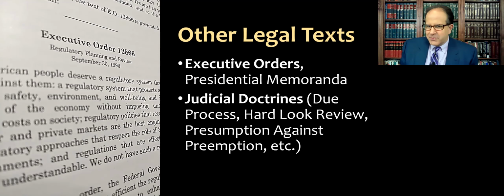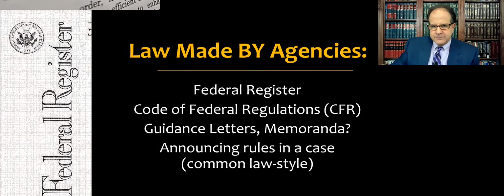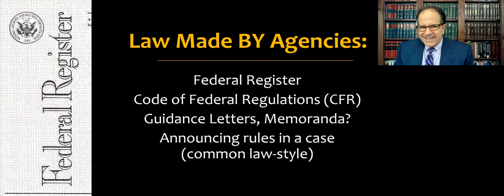Now, the Supreme Court has insisted that we don't really have a federal common law of administrative law. And there's a sense in which that's true, but we also do have a line of precedents that the agencies are very aware of. Okay, also keep in mind that we have law made by agencies. And as a student, it's pretty important to keep this straight in your mind as you're working through the cases. When are we talking about a law that's directed or addressed to the agency that the agency has to follow? And when is the agency essentially creating law that the regulated industry or the regulated parties have to follow?